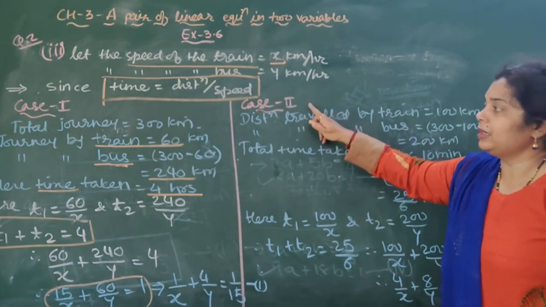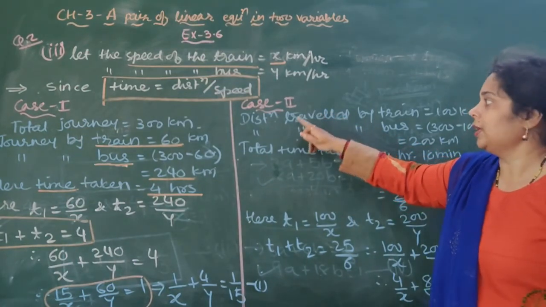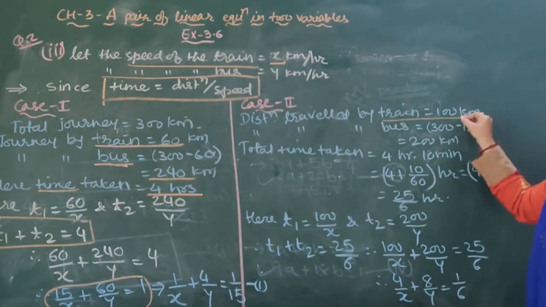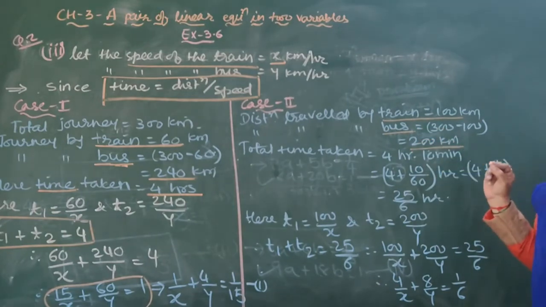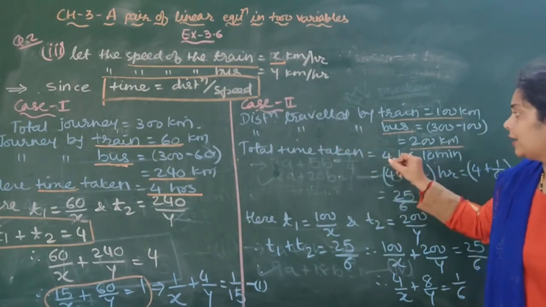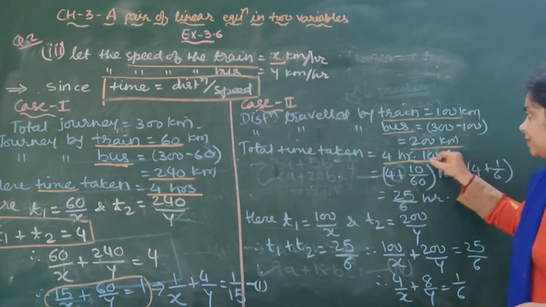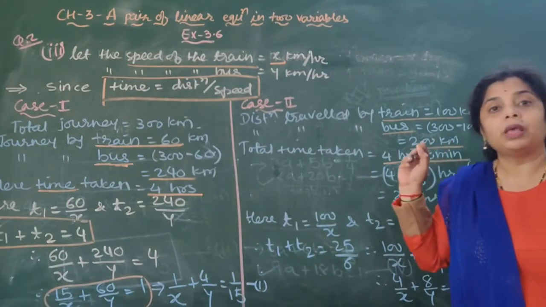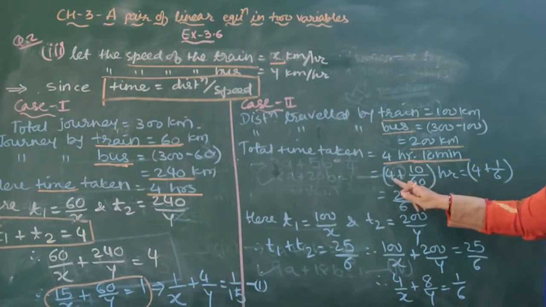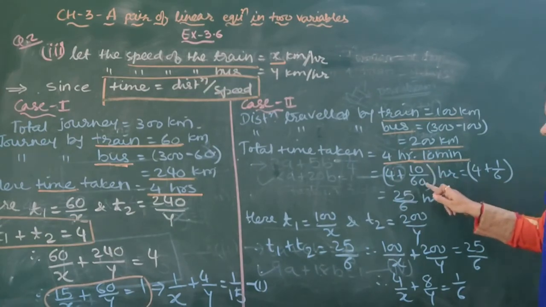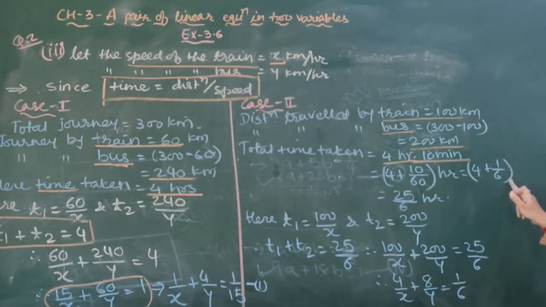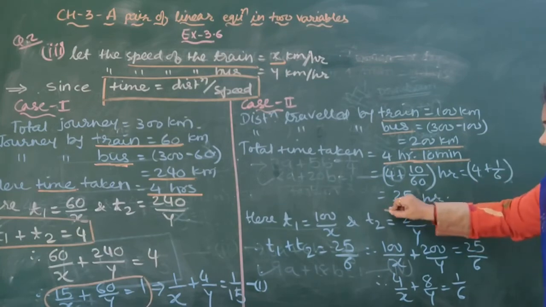Okay, now from the second case we will obtain the second linear equation. In the second case, she travels by train 100 km and by bus she travels 200 km. The time required is 4 hours 10 minutes. See, the important thing here is we have to convert this minute into hour. And therefore it is 4 plus, what is 10 minutes? 10 by 60 is hour. So therefore 4 plus 10 by 60, and therefore 4 plus 1 by 6. And therefore 6 4s are 24, 24 plus 1 is 25 by 6 hours.